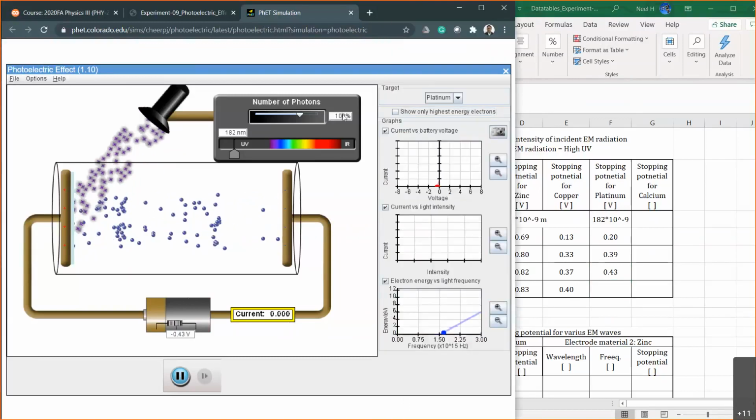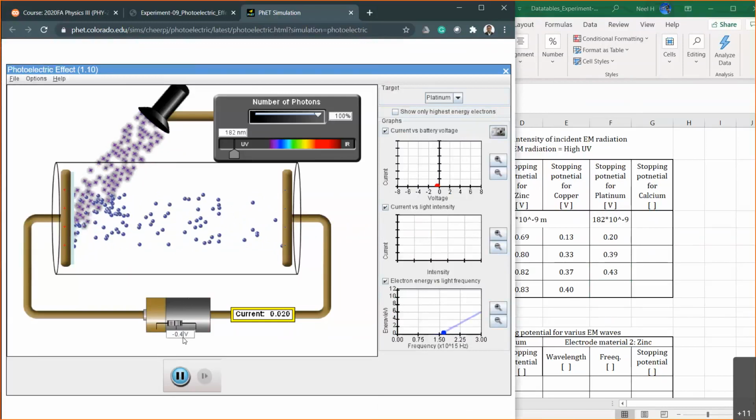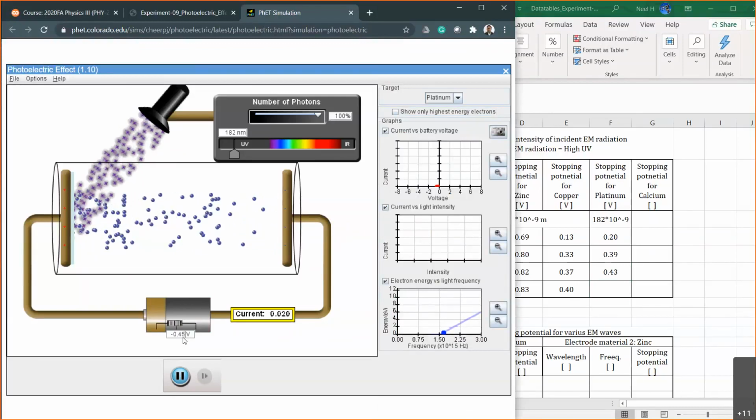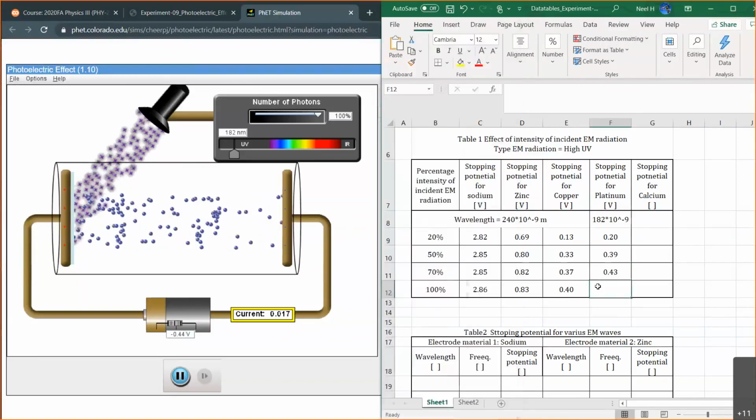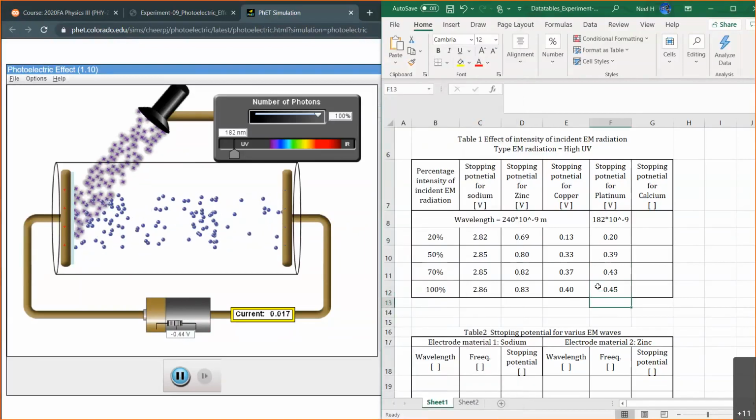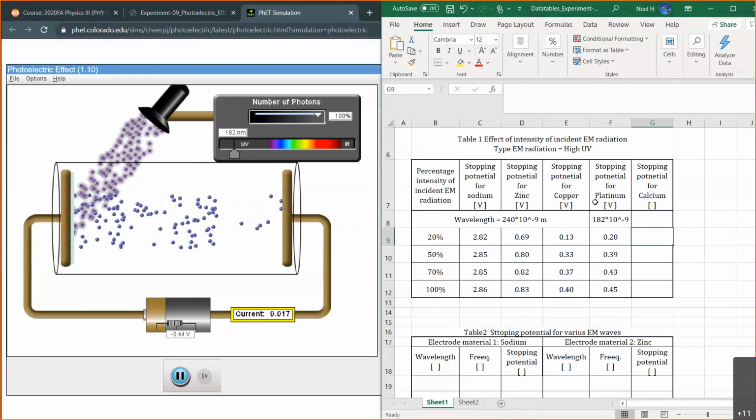Let's try 100 percentage. For 5 is 0. Let's try for 4. So the number is 4.45. So the variation is almost the same, a little bit of variation there. Let's try